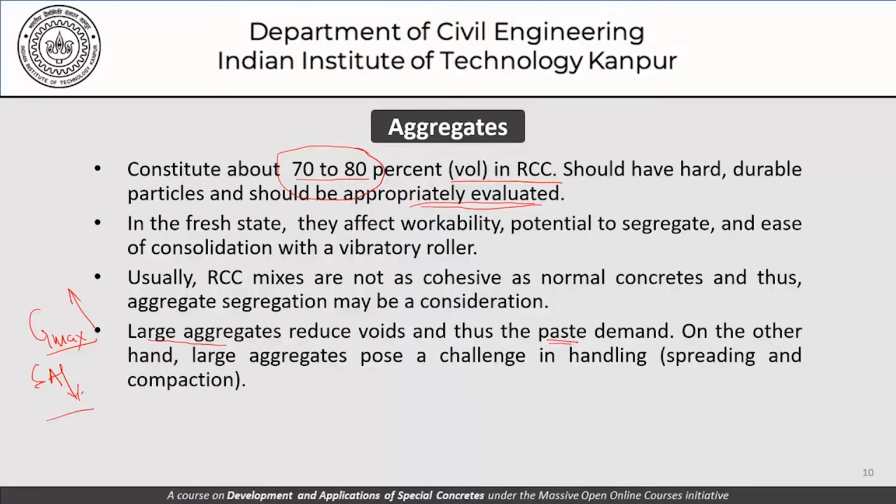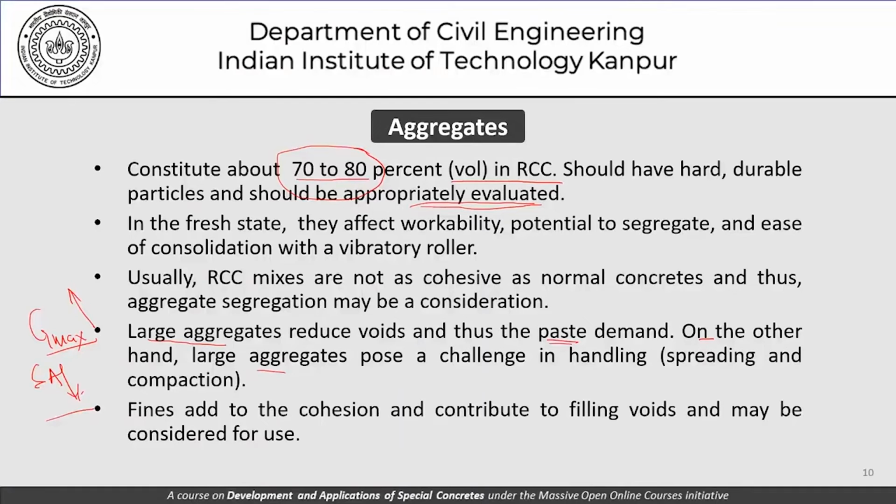So this is the principle that we use in increasing the maximum size of aggregates used as far as roller compacted concrete is concerned. On the other hand, larger aggregates pose a challenge in handling, that is spreading and compaction of concretes, and fines add to the cohesion and contribute to filling the voids and should be considered for use. So obviously the fines are also a part of the whole mix design that we do